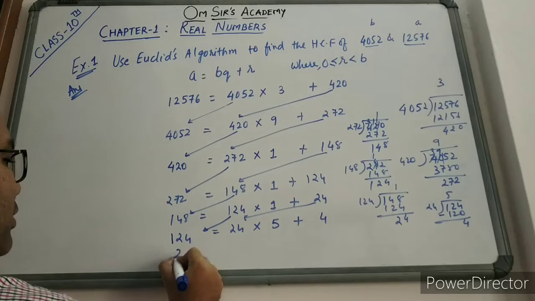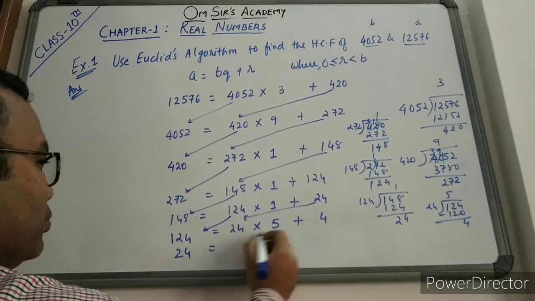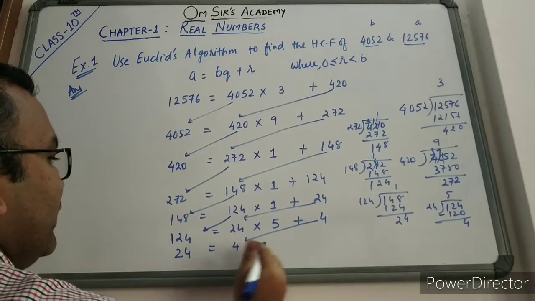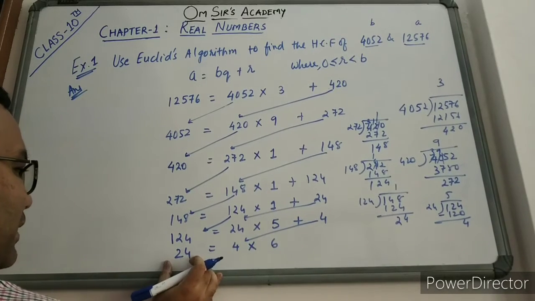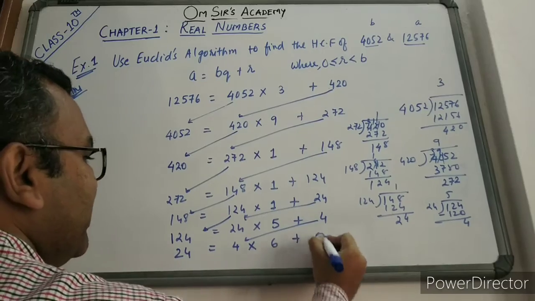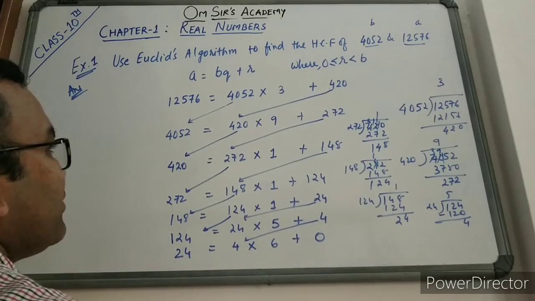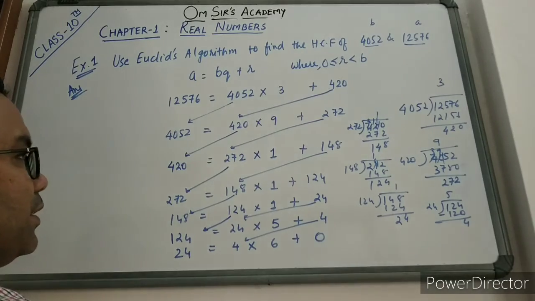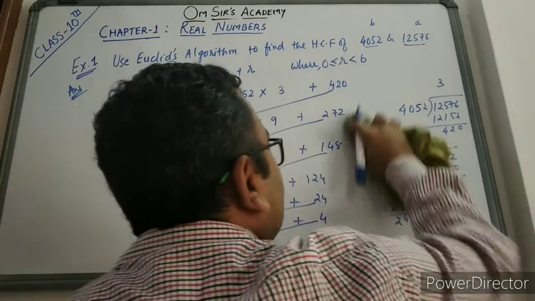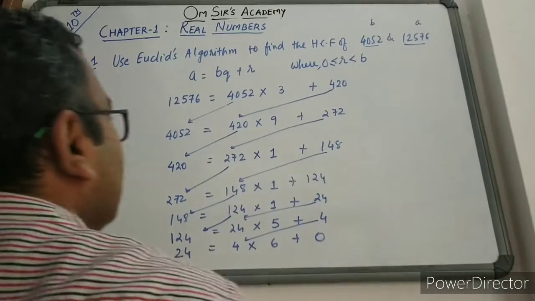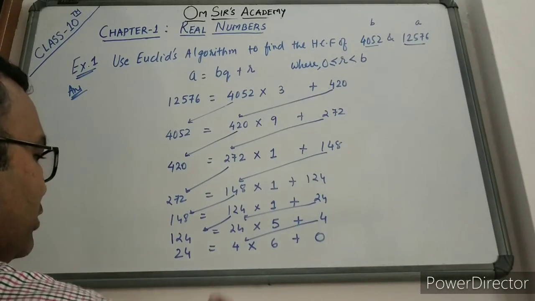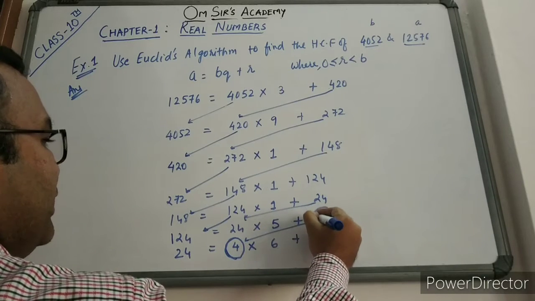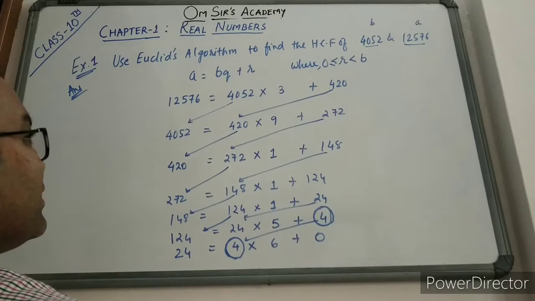Now this 24 will come over here, 24 equals, and this 4 will come over here as B. So 4 into 6 is 24. Now this is exactly divisible. So what will be the remainder left? 0. So friends, we continue till we get the remainder 0. Is it clear? All these things you have to do in rough, and only these steps you have to show in the exam. So finally, this B at last, or this remainder at the second last step, is my HCF.